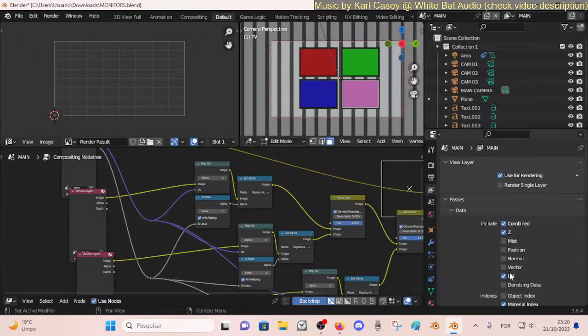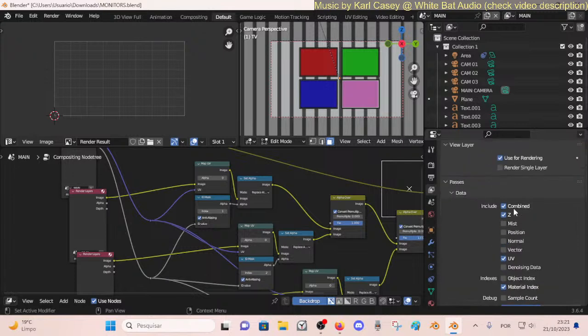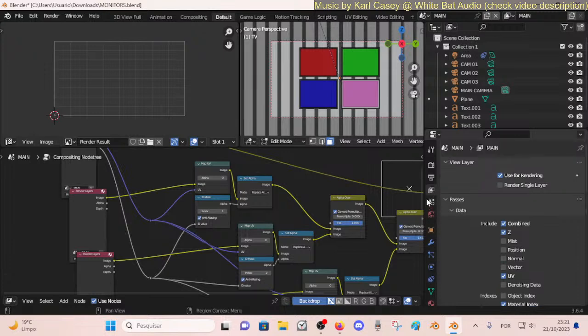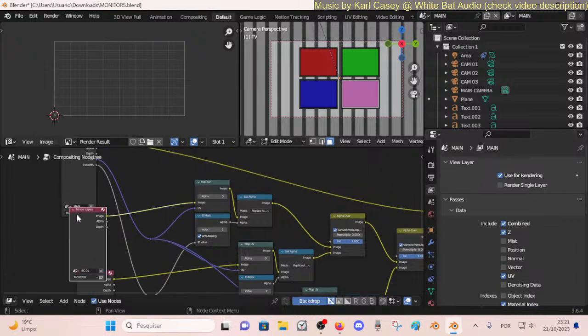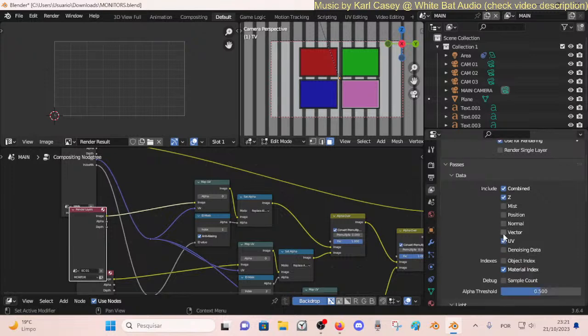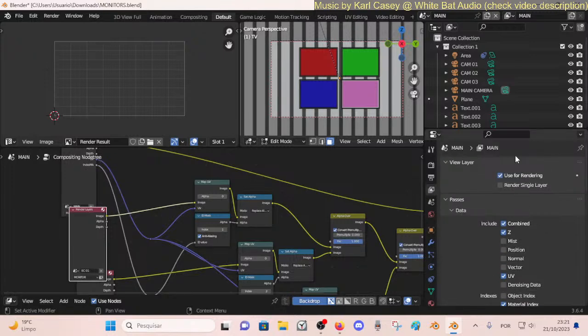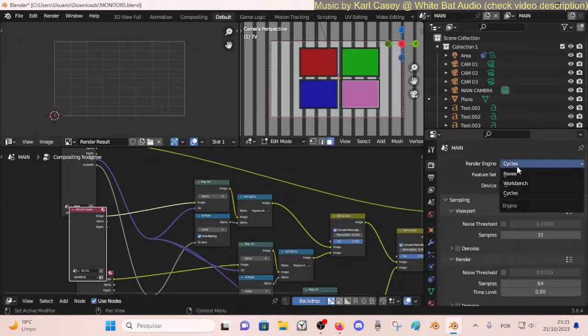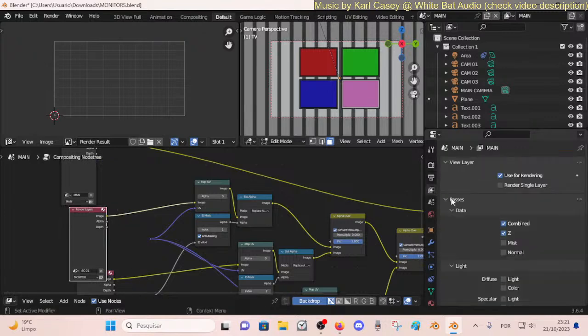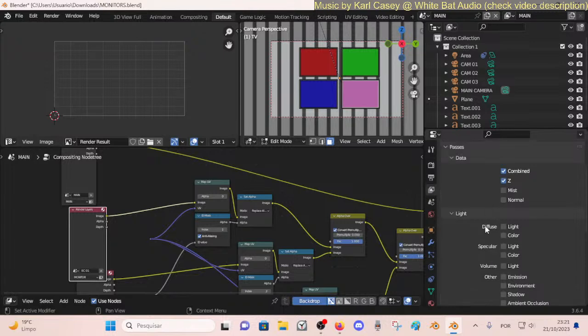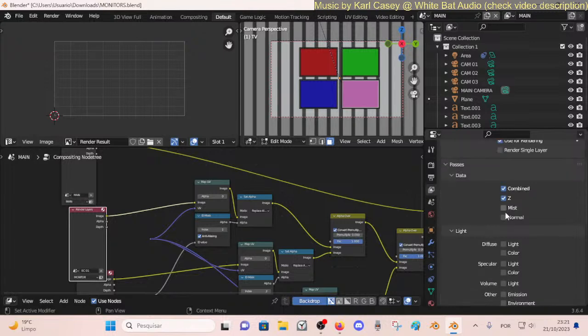View layers. I see. View layers here. Does that mean that we can set EV view layers to have